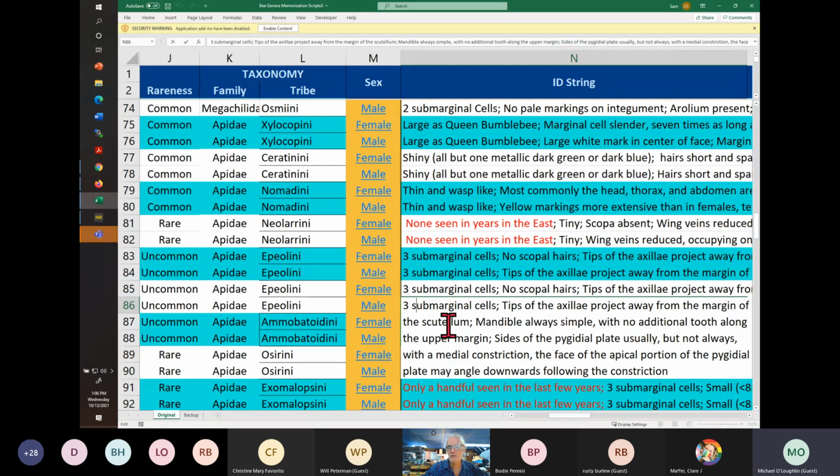But a lot of times, if the pygidial plate is retracted, even partially, you can't see if that's true. So often you're left with the fact that